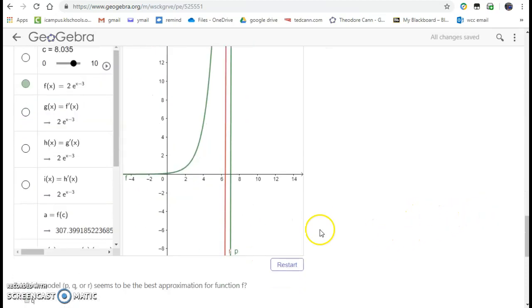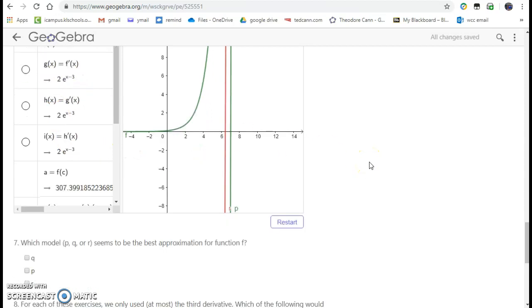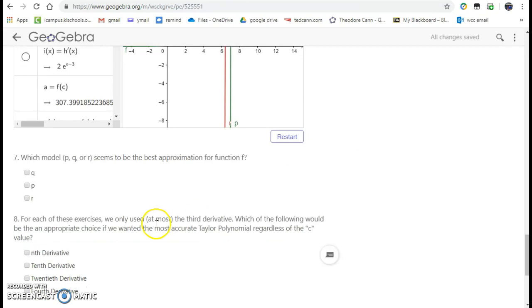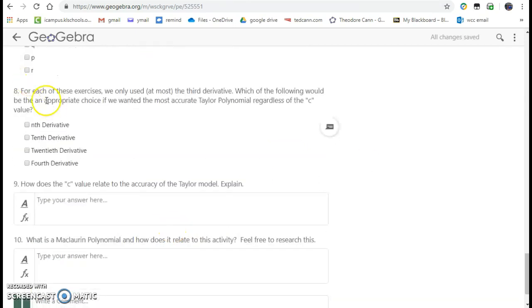Where are we here? Then we have 2e to the x minus 3, so a transformation on function e to the x. So playing around with that a little bit. And then some follow-up questions. So for each exercise, we used at most a third derivative. If you had a choice in the matter, what would you like to use? How does c relate to the accuracy of the Taylor